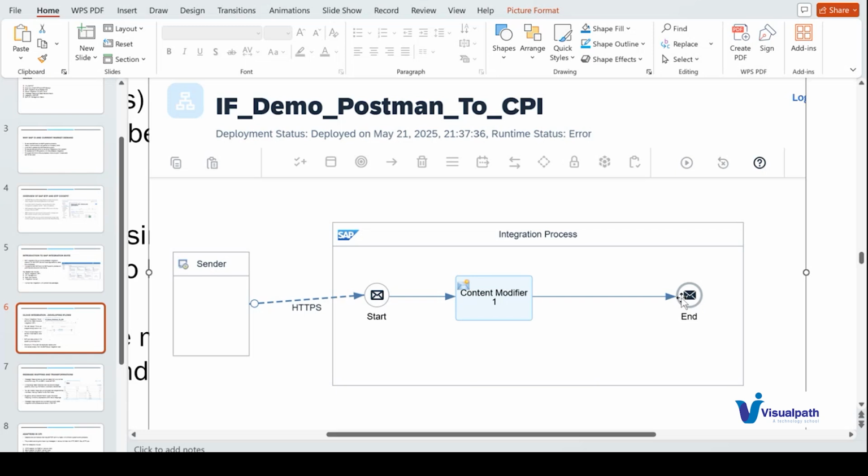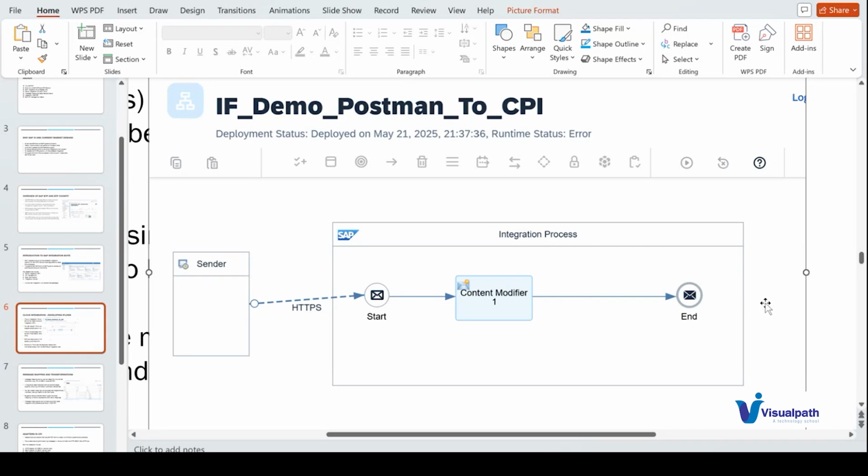So in that case, we will use an XML to JSON converter palette function to convert this. This is one of the palette functions we can directly use from the existing palette functions. We no need to write any code. This is basically an iFlow. We call it an iFlow. Basically, it will collect the data from the sender system, and we will do all the transformations and pass that message